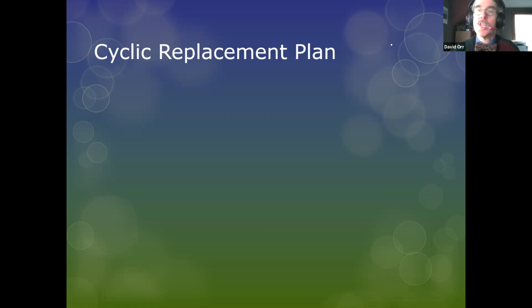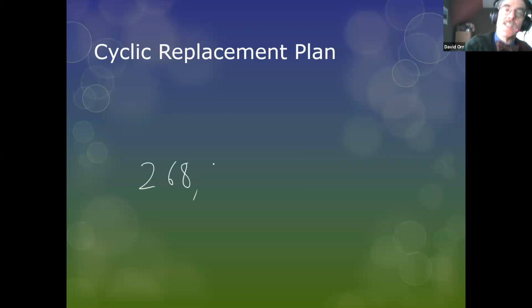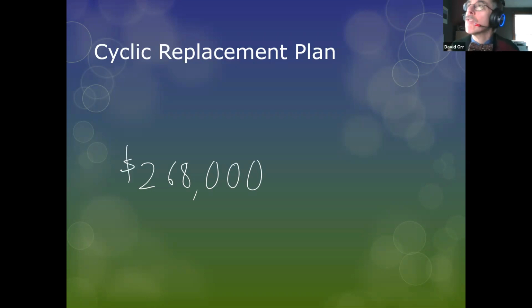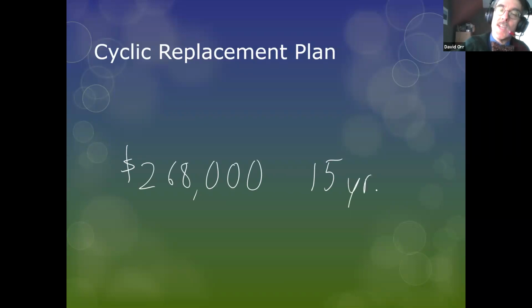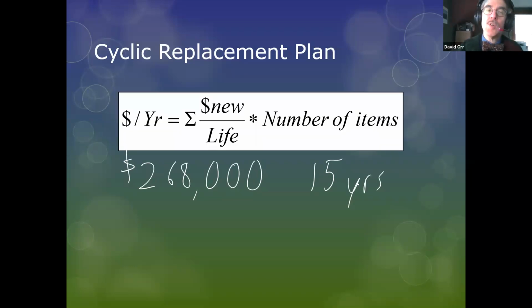So if somebody typing in the Q&A pod could tell me, how much does a brand new truck cost? Nice, a good 10-wheel, 6-wheel. Okay, here we go. So we have $268,000. Everybody's always amazed by that when you talk outside the highway community. And how long are you going to keep that truck? 15 years, okay? That's our goal. Well, all I've got to do, if I know the cost of the new piece at 268 and a life of 15 years,